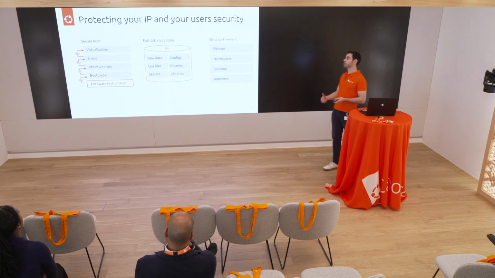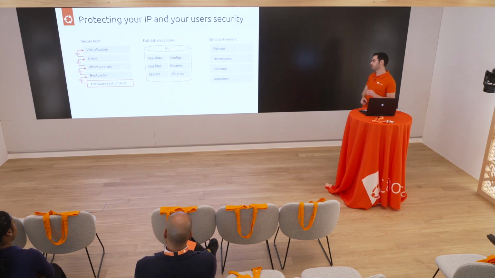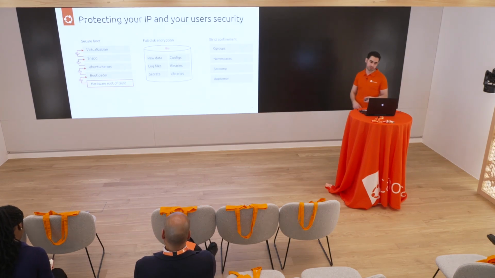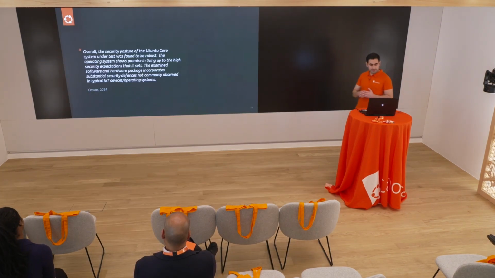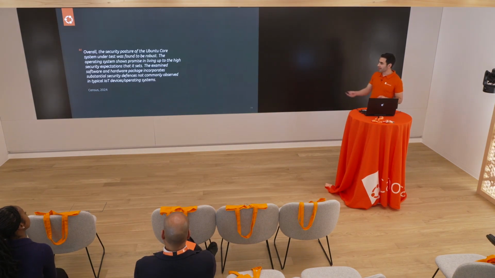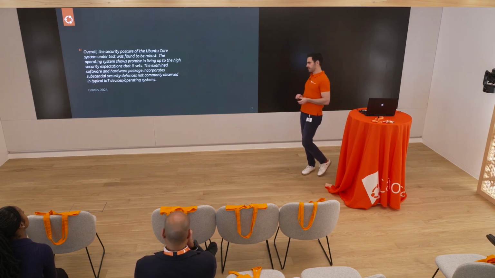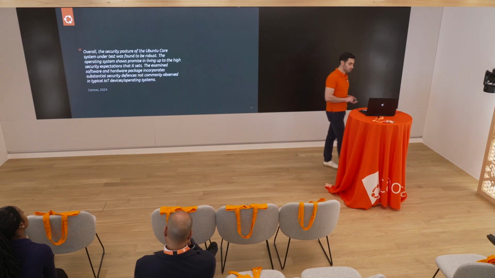And because we want to make your life easy, Ubuntu Core comes with all of these nice security features as well, like secure boot, full disk encryption, AppArmor for enforcing kernel confinement, and so on. And all of these tools allow you to not only be compliant, but also bring more secure deployments on the field. A recent pen test that we did with Ubuntu Core showed us that we have a robust infrastructure that sets us aside from other competitors, from other operating systems available for edge deployment.